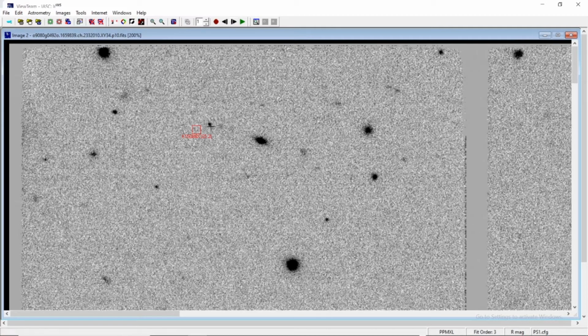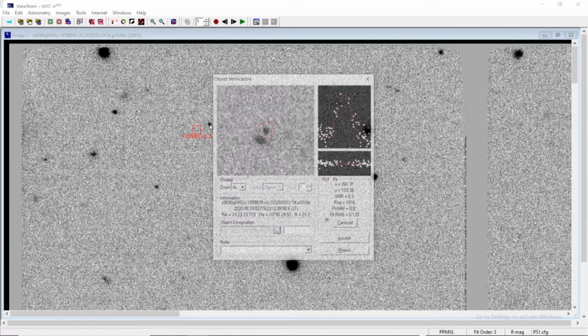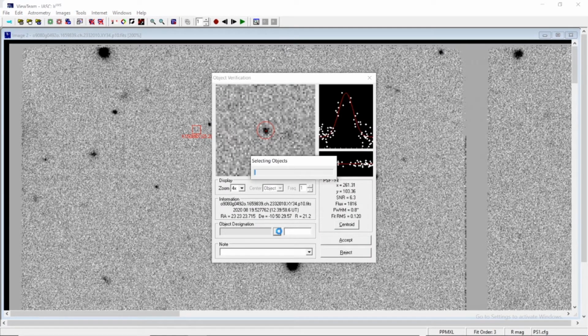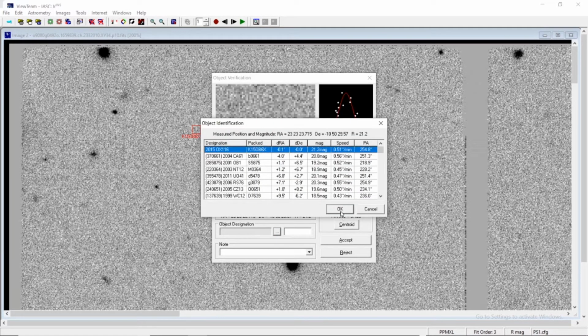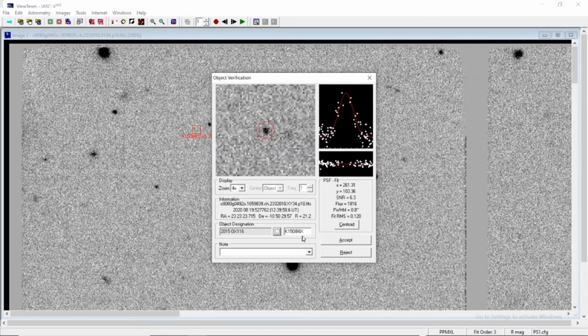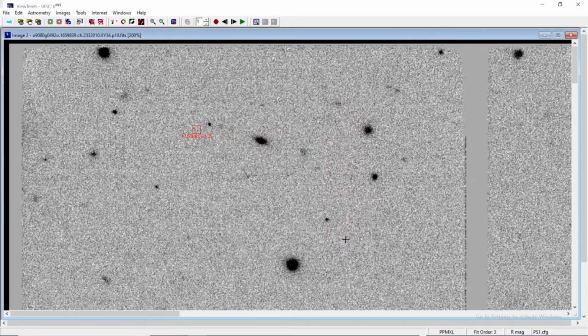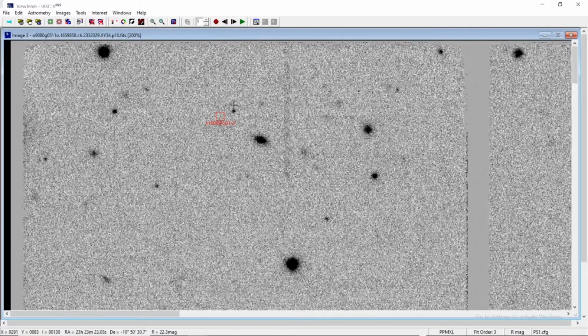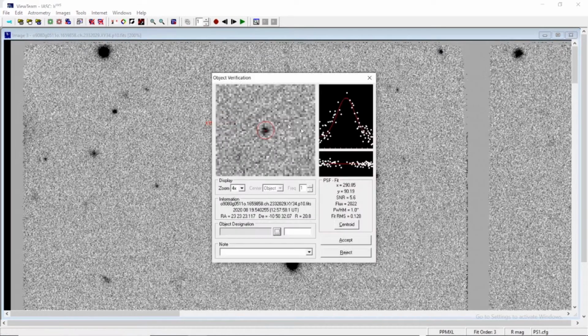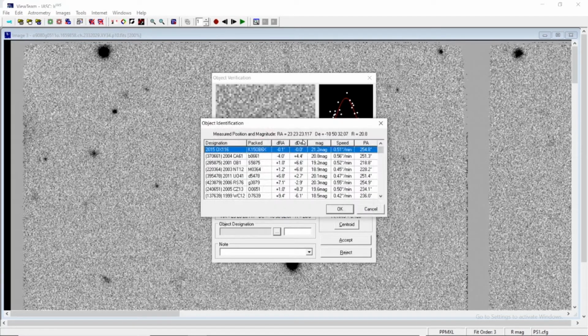Go for the second image, again repeat the same procedure, go to that object, go for the object designation, click over it, and find the nearest object in that object identification, click OK. Don't change the name, being a 7-character designation already, just accept it. Go to image number 3, repeat the same procedure yet again. We have already verified R and SNR, so no need to go for those things.